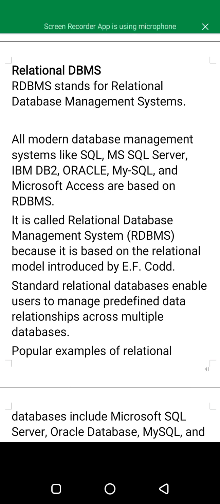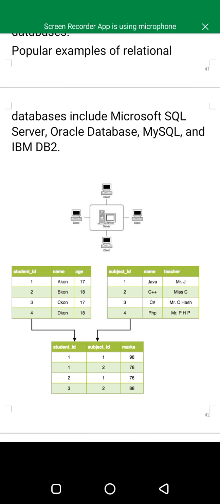Standard relational databases enable users to manage predetermined data relationships across multiple databases. Popular examples include Microsoft SQL Server, Oracle Database, MySQL, and IBM DB2.